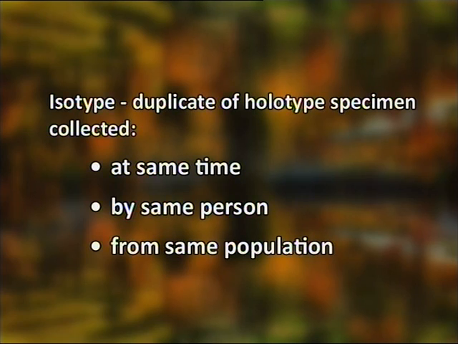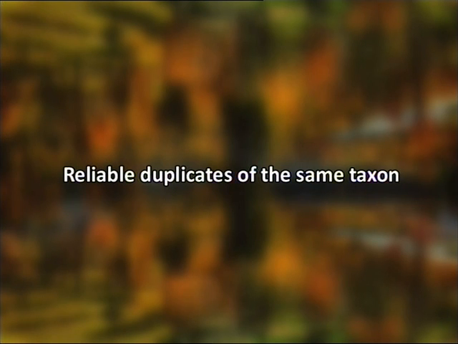same population. If several branches of a tree are collected at the same time, one specimen acts as a holotype and the remaining as isotypes. Isotypes are valuable in that they are reliable duplicates of the same taxon and may be distributed to numerous other herbaria to make it easier for taxonomists of various regions to obtain a specimen of the